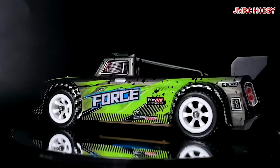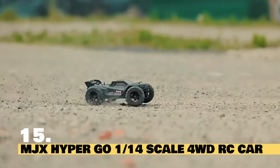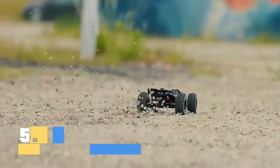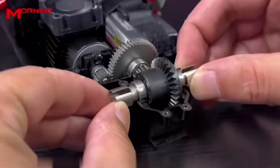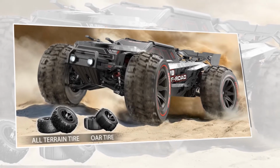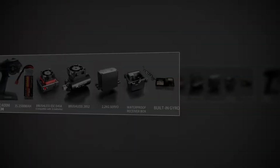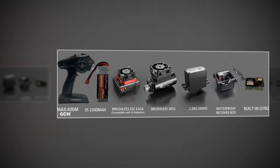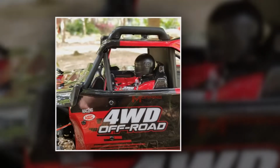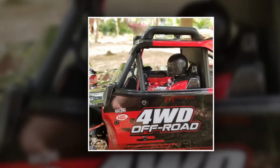So let's get started. Introducing the MJX Hyper Go 1/14 scale 4WD RC car. This powerhouse of performance is designed to conquer any terrain with speed and precision. Featuring the MJX Hyper Go 14209 and 14210 models, this high-speed RC car is equipped with cutting-edge technology for an unparalleled off-road experience. With its brushless motor, the MJX Hyper Go delivers blistering speed and acceleration, leaving the competition in the dust. Plus, its four-wheel drive system ensures maximum traction and control, allowing you to tackle even the toughest terrain